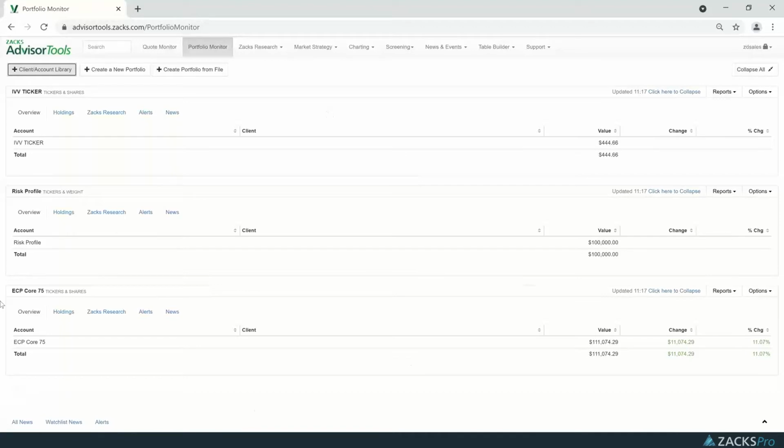These are the portfolios that I have currently added. I have IVV ticker, which is just the IVV, risk profile, which is one of my risk portfolios that I like to review, and then the ECP Core 75. The next tab we've got is to create a new portfolio. So of course, to get portfolios into the client/account library, you have to create one manually or do one through